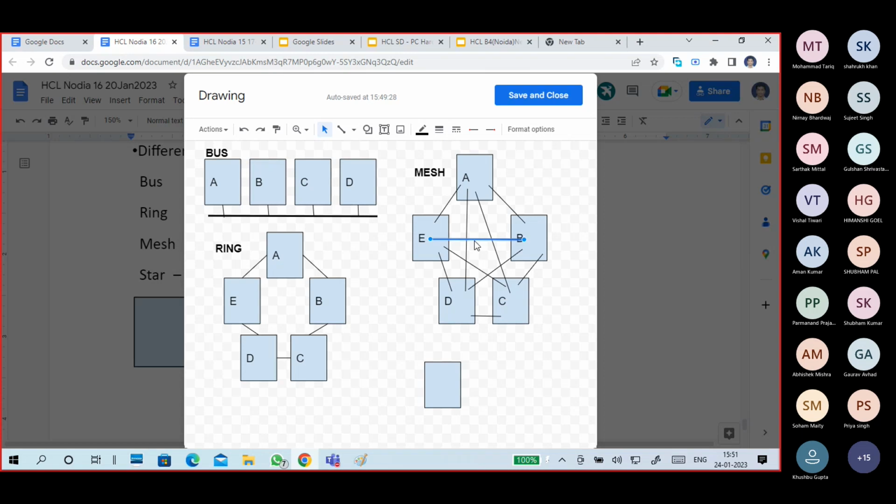Tell me, sir, which topology is commonly used in an office? Star topology. Okay, good. So we use mesh topology only in certain places, in certain organizations. If you have 10 servers, you connect them as mesh plus star, both. And if you take SAN type of storage, a SAN storage has storage devices plus storage